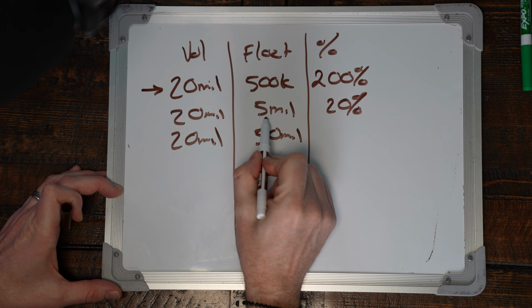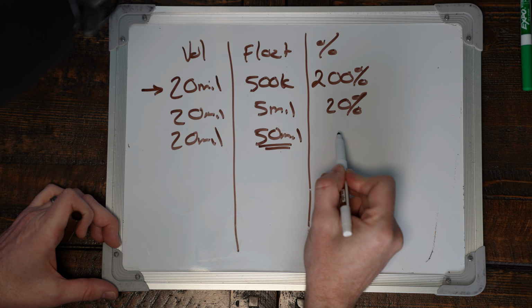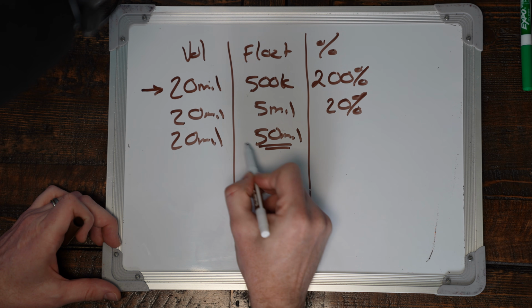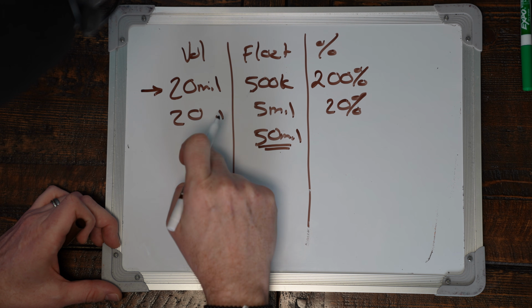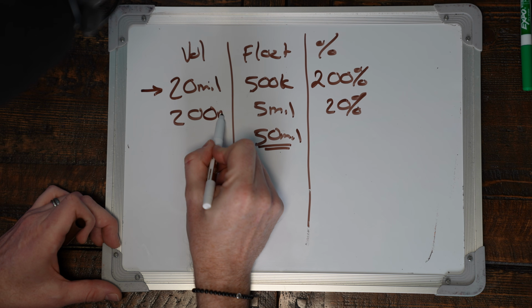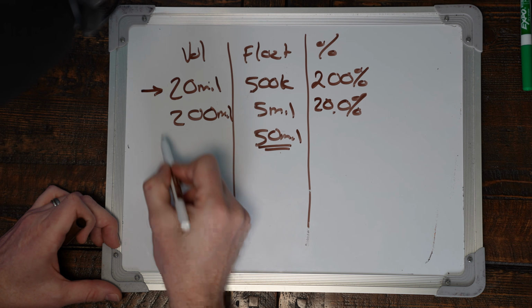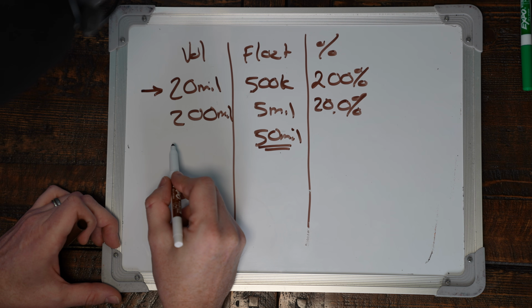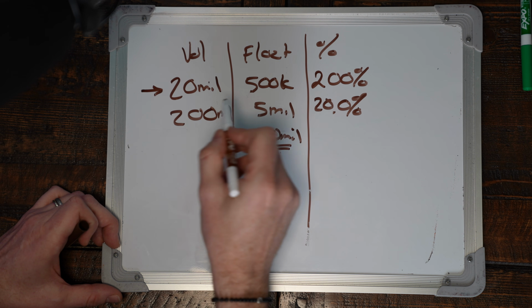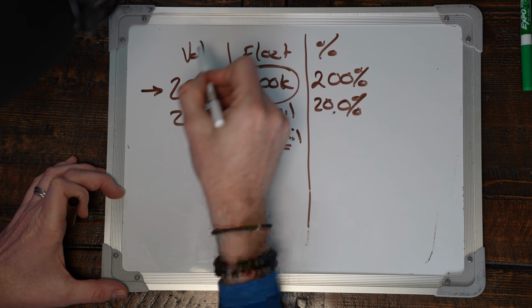When you have a stock with a lot more shares, if it was up 200%, you've got a lot of people that would want to sell. So in order for all of those people to sell, you would need like 200 million shares of volume. Now, if we said, what if this was 5 million shares, but we had 200 million shares of volume? Maybe we could get up to 200% on the day. Now, you're not going to get 2 billion shares of volume. At a certain point, it's just not realistic. I've seen stocks trade over 1 billion shares in one day, but not much higher than that, and those are usually lower priced stocks. So what we know in this relationship is that float references the supply,